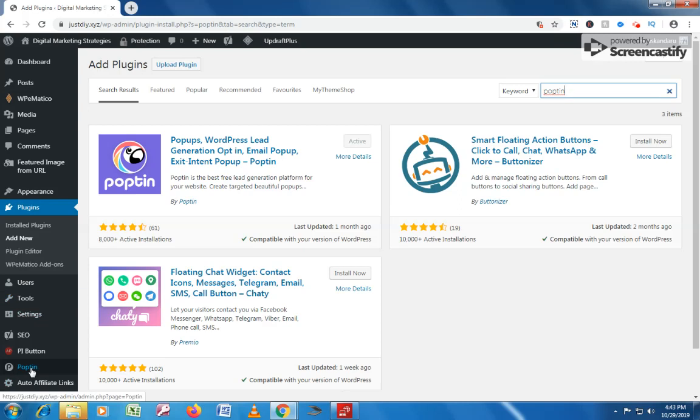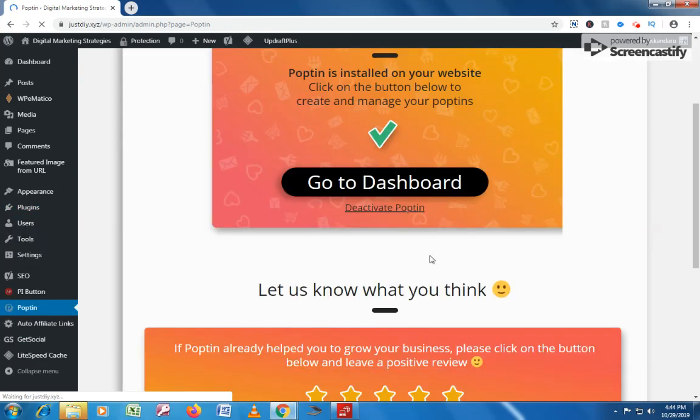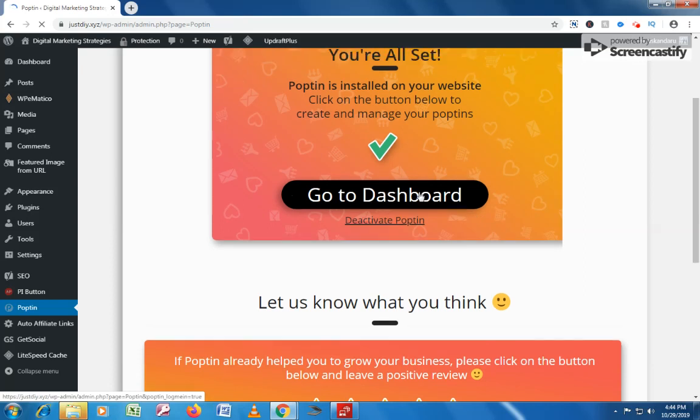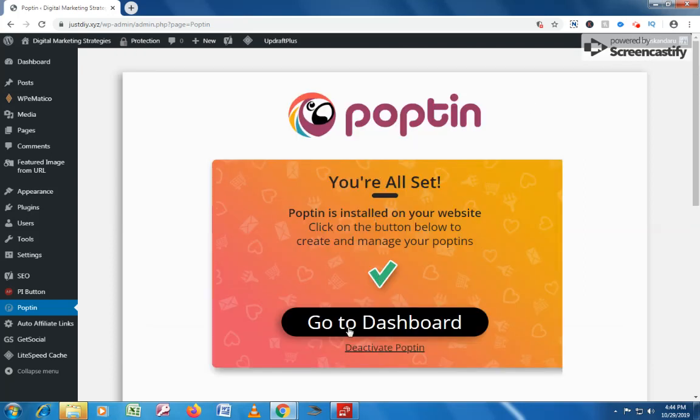After you have installed and activated it, you go down here. It will be under your WordPress dashboard at the left hand side corner. So you click on Poptin. I'll show you how to create a pop-up with Poptin. After you have installed and activated it, just go to dashboard